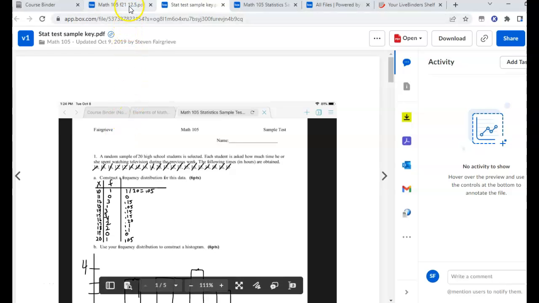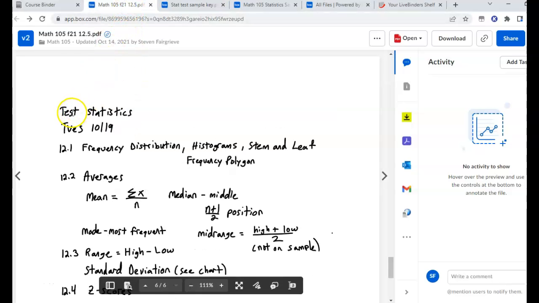All right, so upcoming next class is our test. Ignore the Tuesday, this is from an old set of notes. But the first topic that we covered here was frequency distributions representing our data. So we talked about frequency distributions, histograms, stem and leaf plot, and that frequency polygon where we connect the pieces